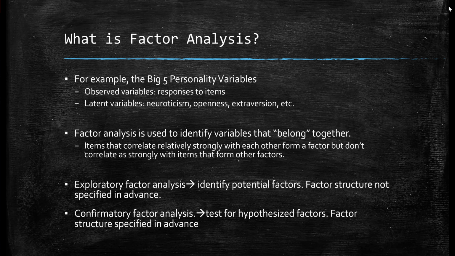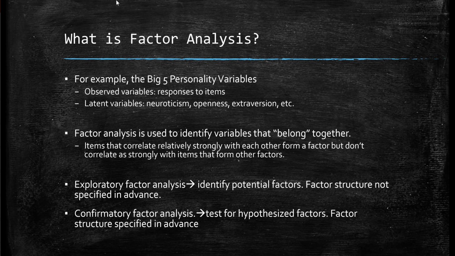So for the big five personality variables, the responses to the items, usually the self-report responses to the items, could be thought of as observed variables, and the factors themselves, the big five, neuroticism, openness, extroversion, and the like, can be thought of as the latent variables that are presumably driving one's responses to the items